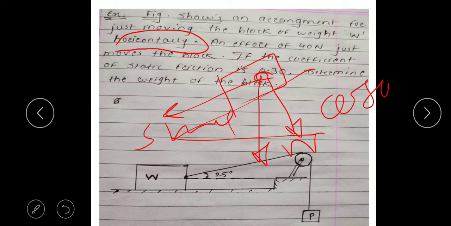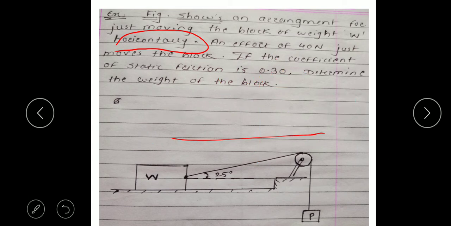In a horizontal-related numerical, the horizontal force is cos, the normal situation, and the vertical force is sine. But in the case of an inclined plane, you have to consider the vertical force as the cos and the horizontal force as the sine. Okay, now come to the real diagram. I hope that you got the idea.